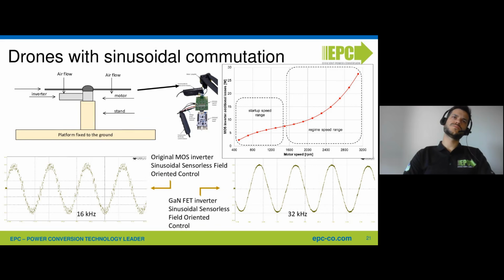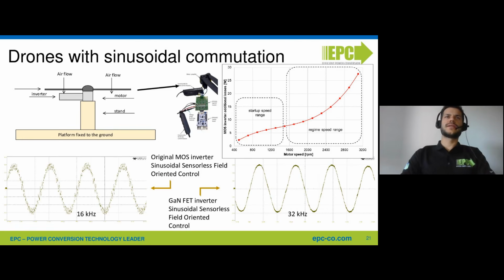The main difference is that there is a mistake on this slide. I'm sorry about that. So on the bottom left, you can see the sinusoidal excitation of the MOSFET inverter, which is operated at 16 kilohertz, while on the right side, you can see the waveform of the gallium nitride inverter, which is not operated at 32 kilohertz, it's 120. I will correct the slides before